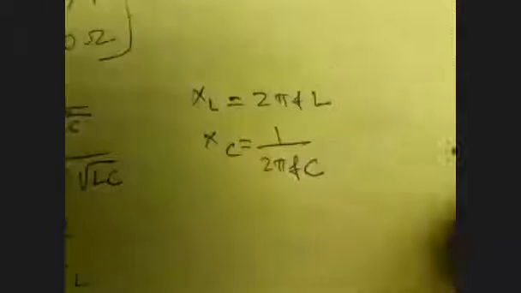I will give the formula. Omega is equal to 1 divided by root of LC. F is equal to 1 divided by 2 pi root of LC. VR is equal to IR. VL is equal to I XL. VC is equal to I XC. In case you want I, I is equal to V by Z. So V by R we can also take, because it is given as resonance. And XL is 2 pi FL. XC is 1 divided by 2 pi FC. It's very easy. Complete this problem today and send me the solution.